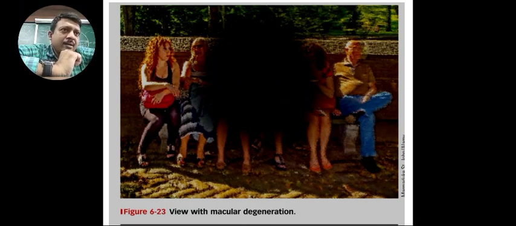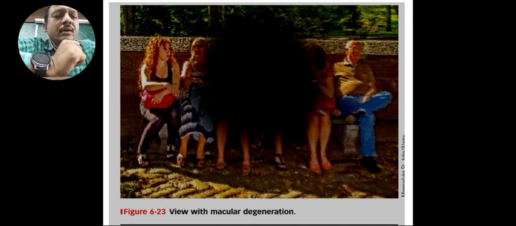So perimetry is used to record the peripheral field of vision, to record any visual defect, to record any defect in the optic pathway, and to record any defect in the visual cortex or in the macula. This is scotoma, central scotoma. This one is the central scotoma, which is known as the island of blindness within the sea of vision.